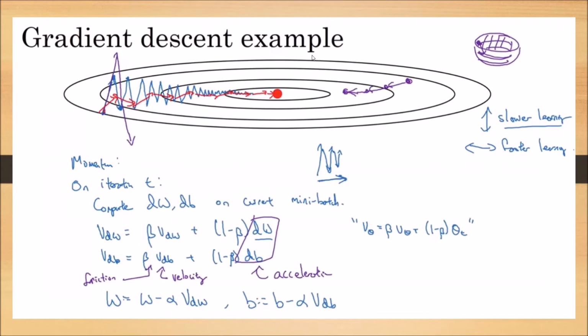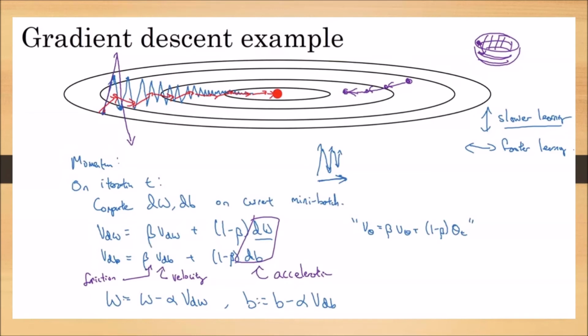That ball rolls down from the hill with a velocity, and we are representing the moving average of that velocity as VdB. It is going down with some acceleration, the rate of change of velocity, which we represent with dB. The friction of the hill, the parameter that is stopping it from going down, we are representing with beta, because beta decides what big step it can take to go down. So this is the concept.